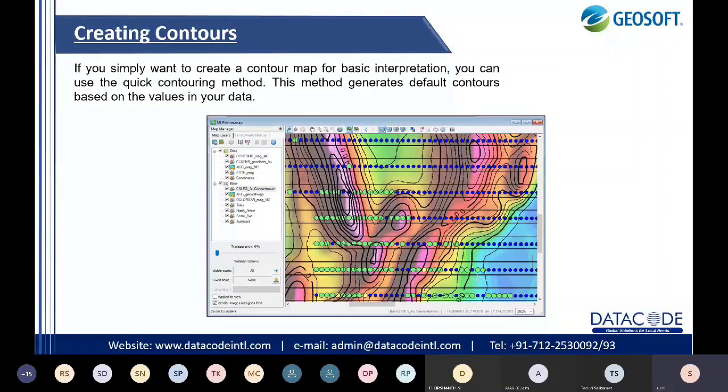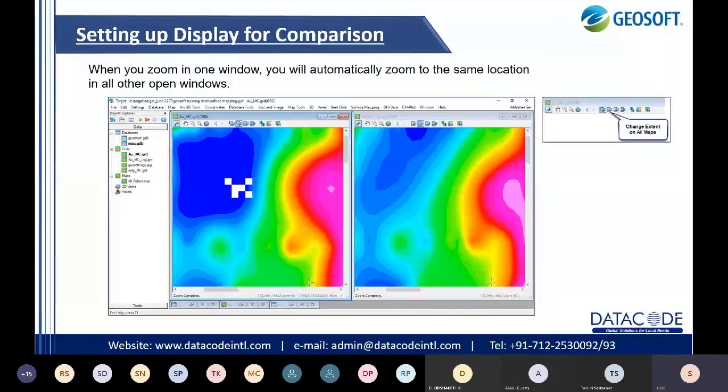Then as you can see the two windows, here you can compare your gridding method display for comparison. If you have data and you are creating a grid by two different methods, let's say the first, on the right, is minimum curvature, and the next one is by kriging, you can compare both grids together.